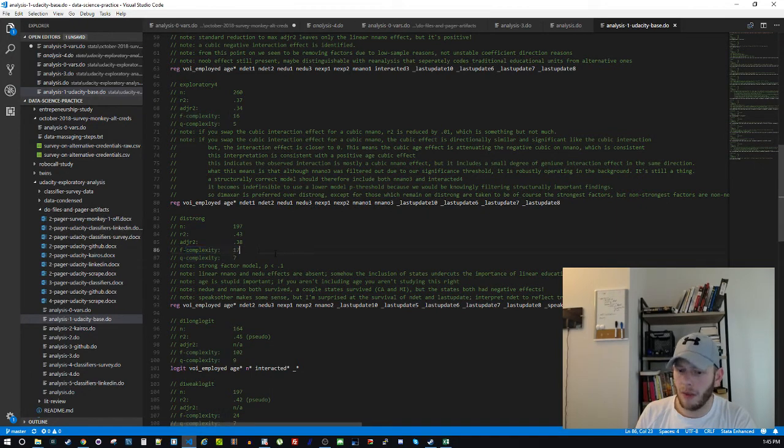F complexity, how many factors? Q complexity, how many questions do I need to ask to get that information? Strong factor model, P less than 0.1. So this is coming back to the professional standard of 0.1. And then some people use double asterisk for 0.05, triple for 0.01, and you can go